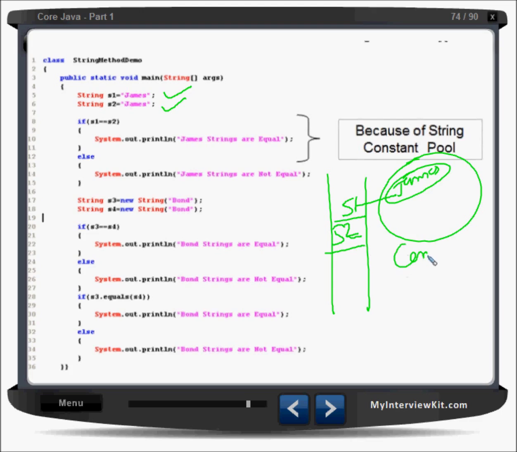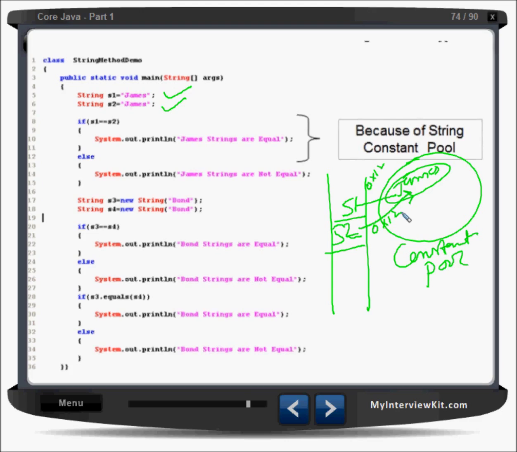Suppose this is my constant pool here. So this will not create a separate memory, it will point to the same one. Suppose this has an address like 0x12, so this will also hold 0x12, right? So s1 and s2 are pointing to the same memory address, the same location.